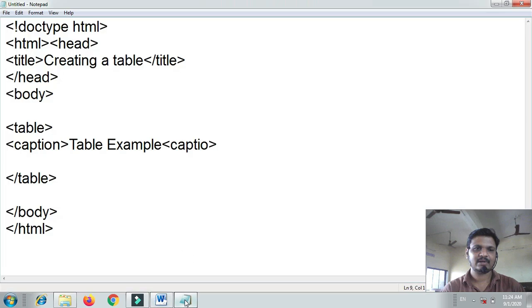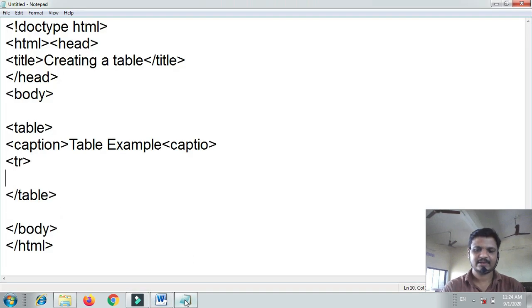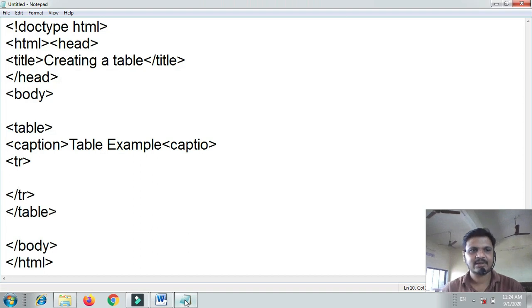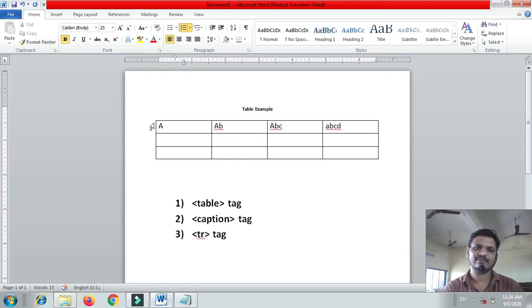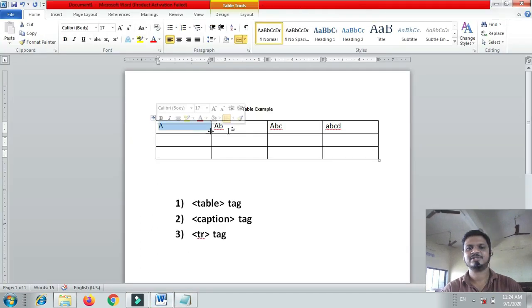So I'm going to add tr. tr is also a pair type of tag. Now inside tr I'm going to add the cells. So how many cells are in one row? Please check. Two, three and four, right?